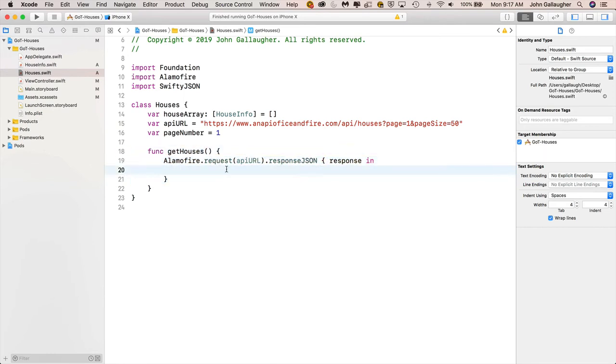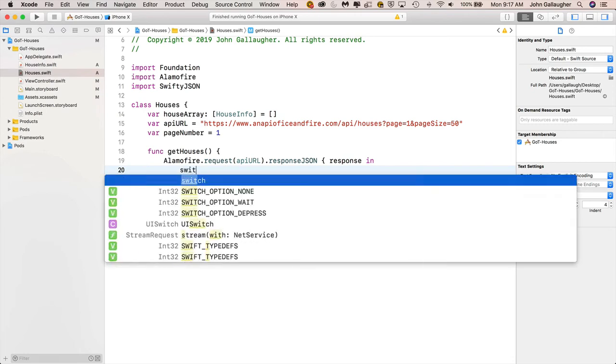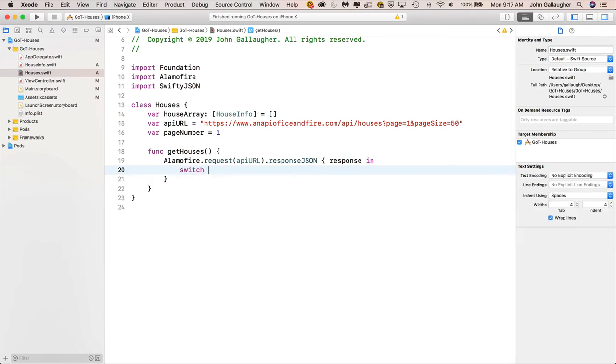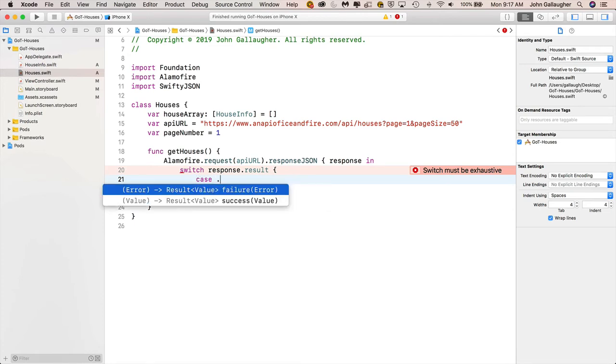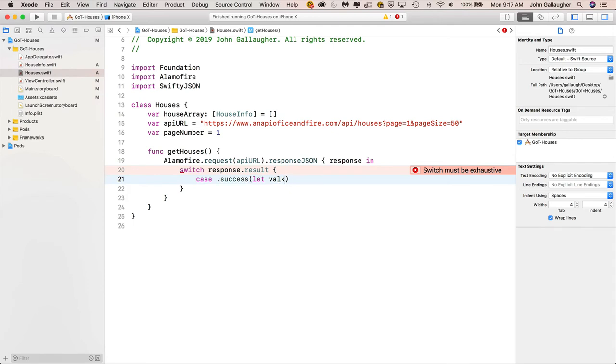And in addition to doing that, we also set up right afterward a switch case statement. So we'll say switch, and it's always going to be response.result. So response is what we're getting back from this call here. And once we've got this data, we use response.result, which is going to give us one of two values here. It's going to give us either the case of .success, and then what we want to do is take whatever value that gives us and put it in something named value,